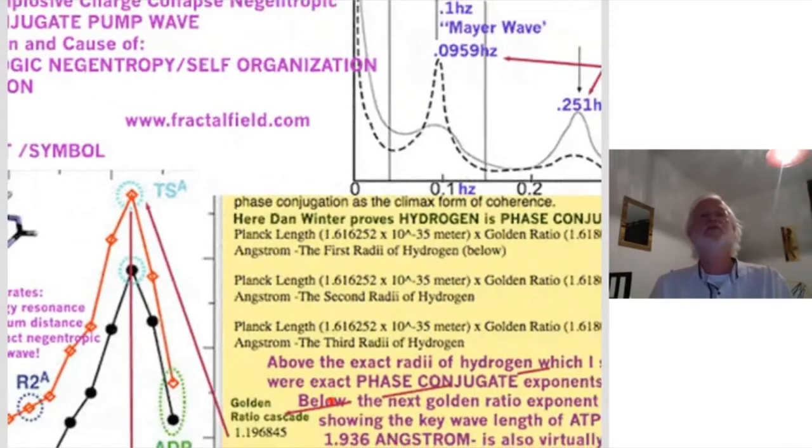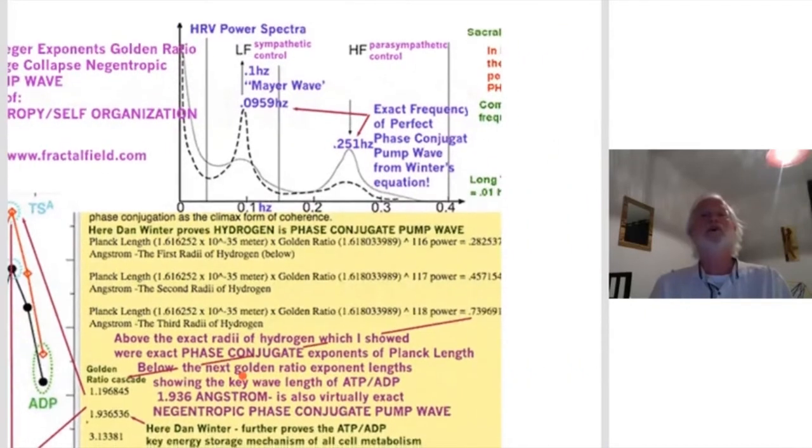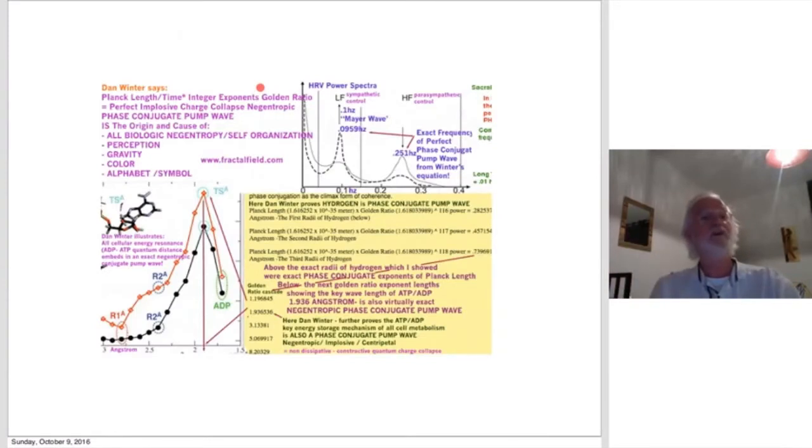And here, this is just showing how we then applied that same equation to the two frequencies of heart rate variability, phase conjugate collapse, and how they then entrain. So the two frequencies of HRV, LF and HF, fit the equation for phase conjugation, but even more profoundly, my equation comes to the number 0.0959 hertz, where 0.1 hertz is the very famous LF frequency of the Mayer wave, the fundamental resonance frequency of the music of the body's blood pressure. It's the musical signature of the body. So a lot of the stuff that Patrick is programming in our new biofeedback is based on that 0.1 hertz breathing technique. And you can read about that at